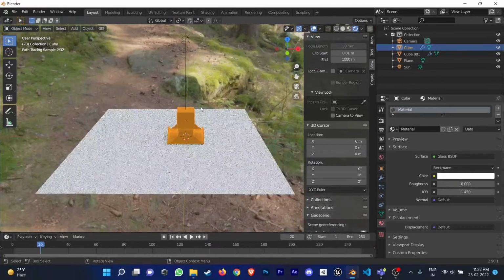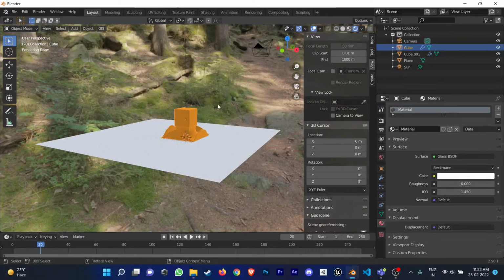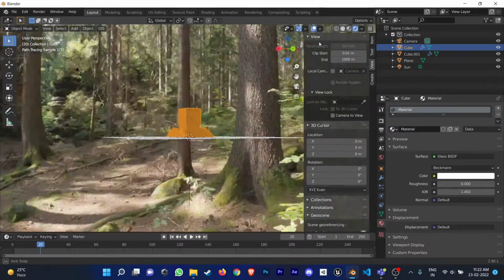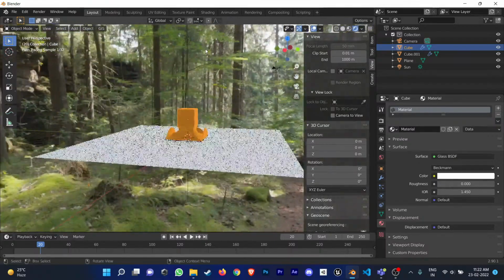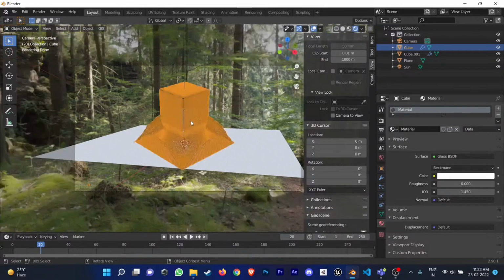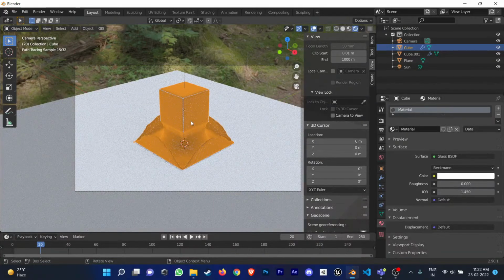So initially what I was doing is I was providing a sun and all the lighting was done by a sun, and for every lighting condition I need to create the lighting. But what HDRI does is it just creates an environment around your 3D model, and it just wraps the whole environment. Like you can see that I have this forest HDRI, and it has just been surrounded by the forest, and it is just creating the environment itself. So right now, if I go to this and just press F12,